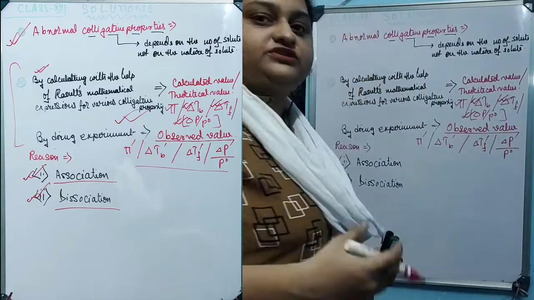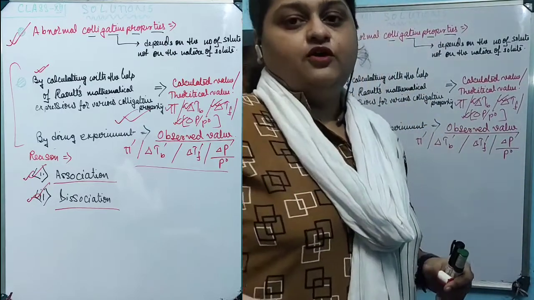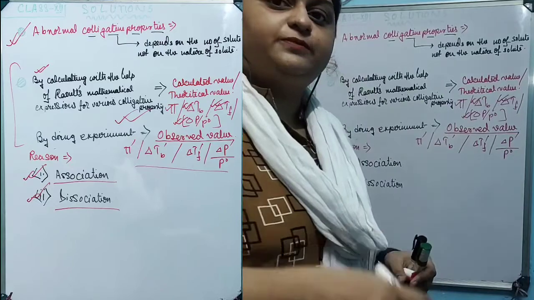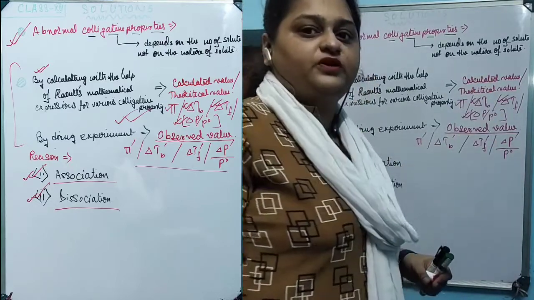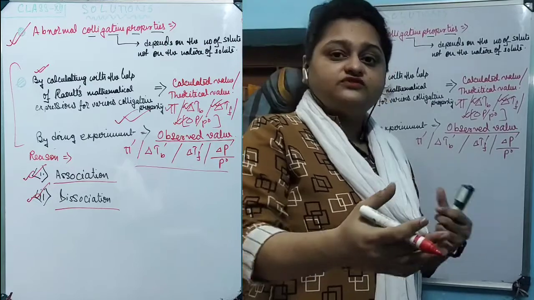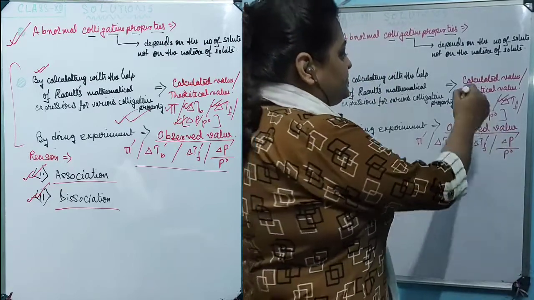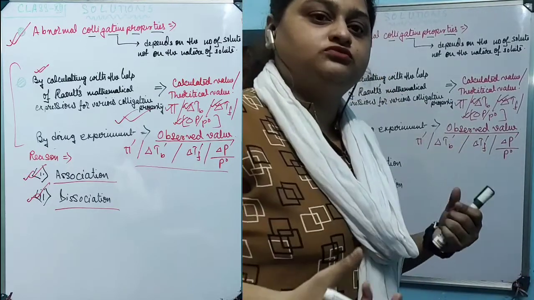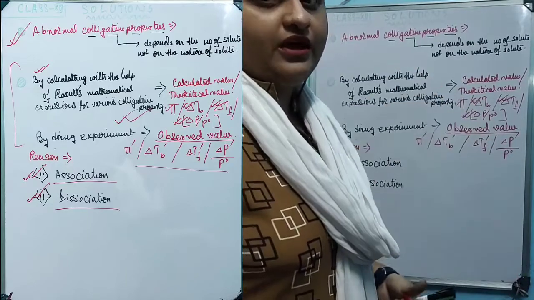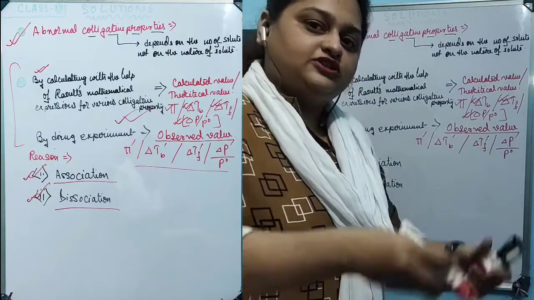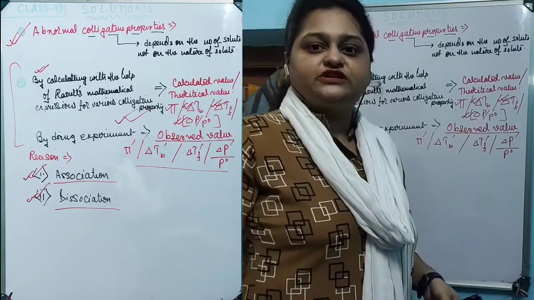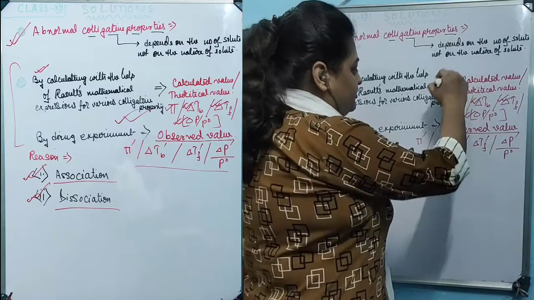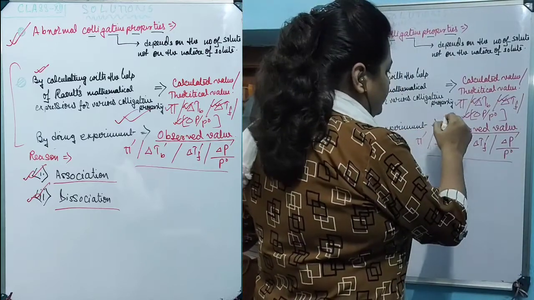We did not calculate. We did some experiment and saw what the osmotic pressure is, what the elevation in boiling point is, what the depression in freezing point is, what the relative lowering of vapor pressure is. By observing, we are getting the value. In the other case, we did not do any experiment or observation. We just take the amounts and assume we make the solution depending on the amount we have taken, put those values in the mathematical expression and calculate them without doing the experiment. Now these are the two different types of values that we can get.